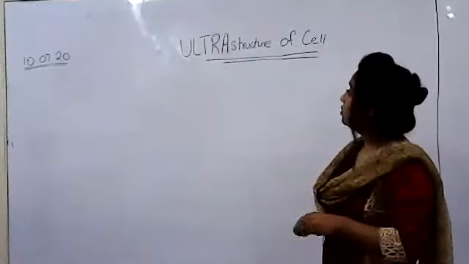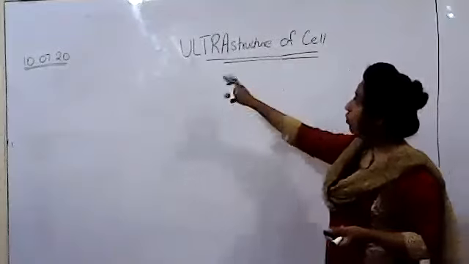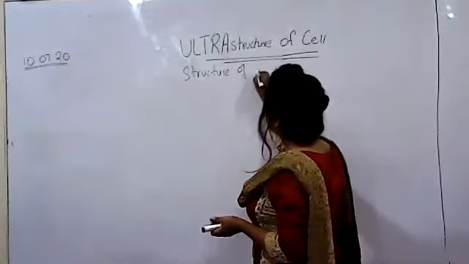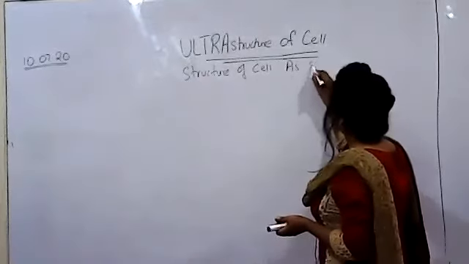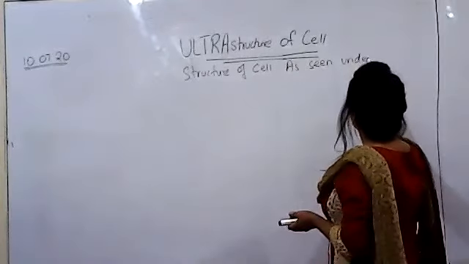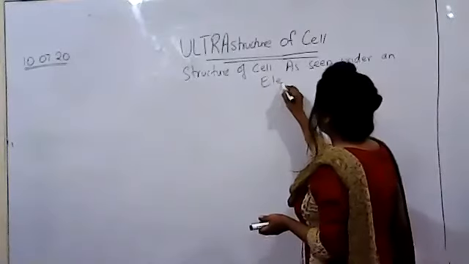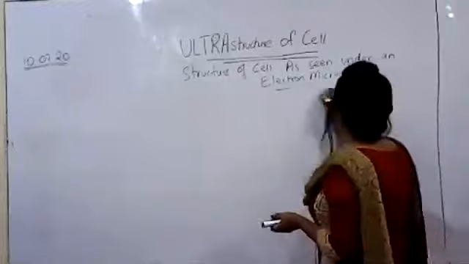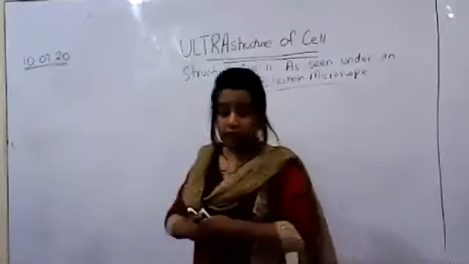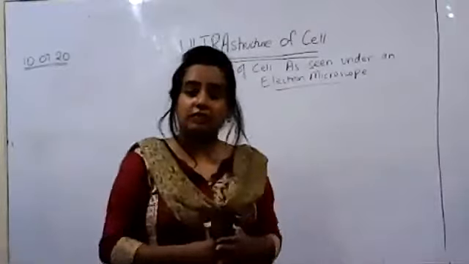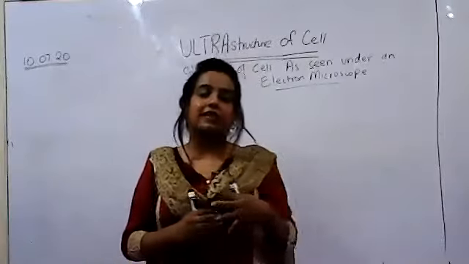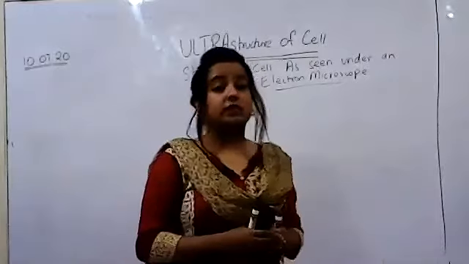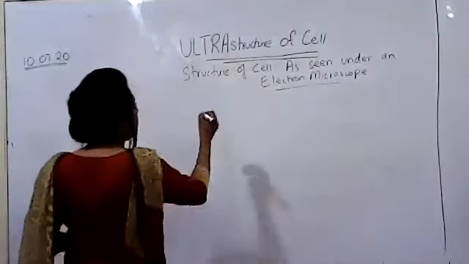So we'll begin with the ultrastructure of the nucleus. First of all, what is ultrastructure? Structure of the cell as seen under an electron microscope. This you need to remember. So today we're beginning the detailed study of organelles. I want you all to make points because it is written in the book, but in the book it's written in scattered form. So when you have to revise, if you make your own points, it will be a lot easier for you, right? So we're beginning with the nucleus.